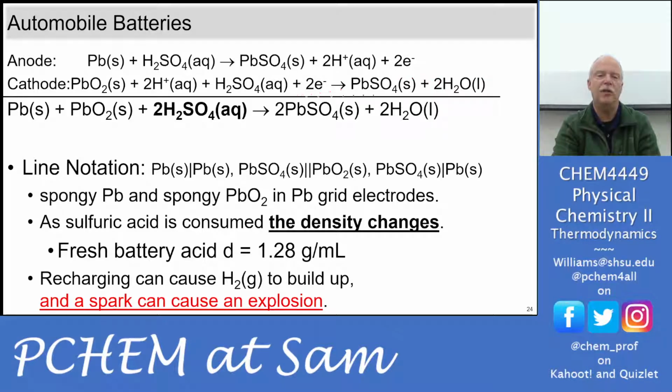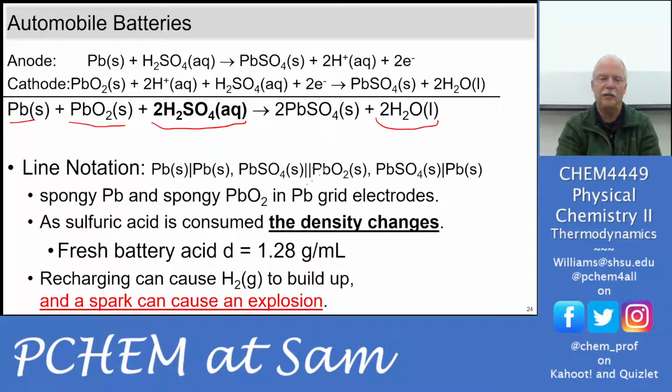So this is pretty cool. We add these 2 cells together and we have lead on one battery pole and lead oxide on the other battery pole, and it's consuming sulfuric acid. Both products are making lead sulfate, and so each of those batteries will have lead sulfate near the electrodes when they're dead, and it'll produce water. Now this is cool because battery acid is sulfuric acid. This is as concentrated as it can be,